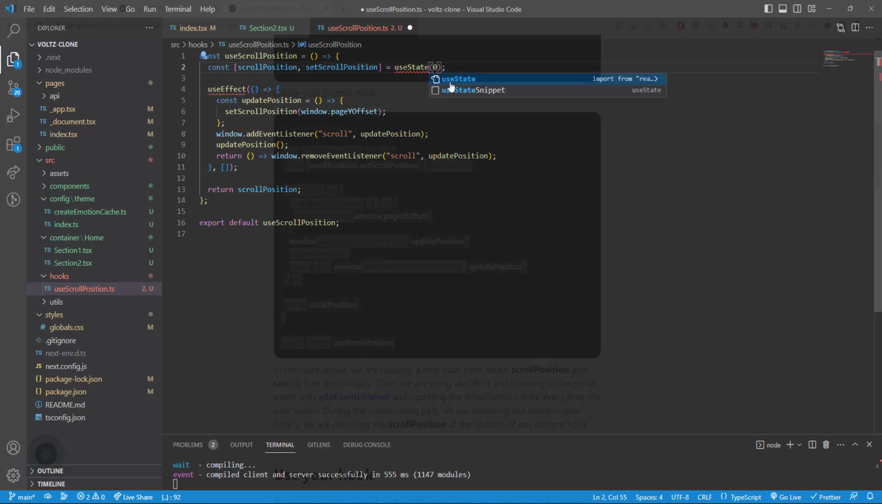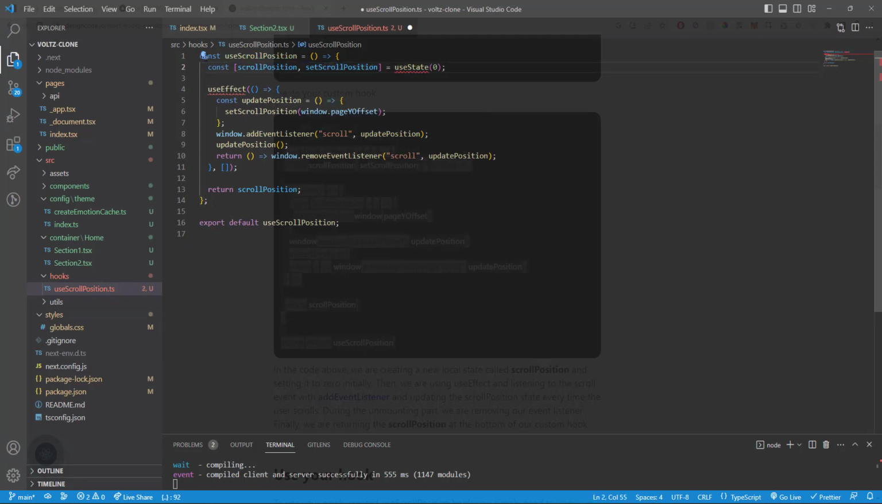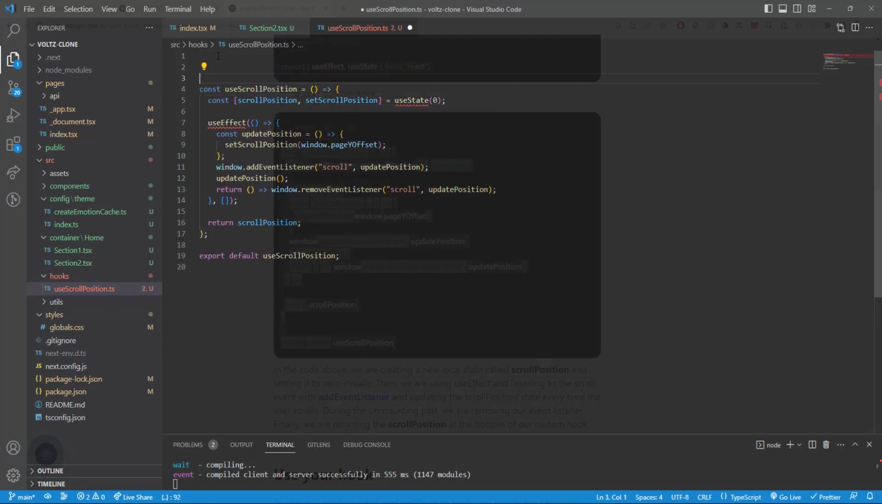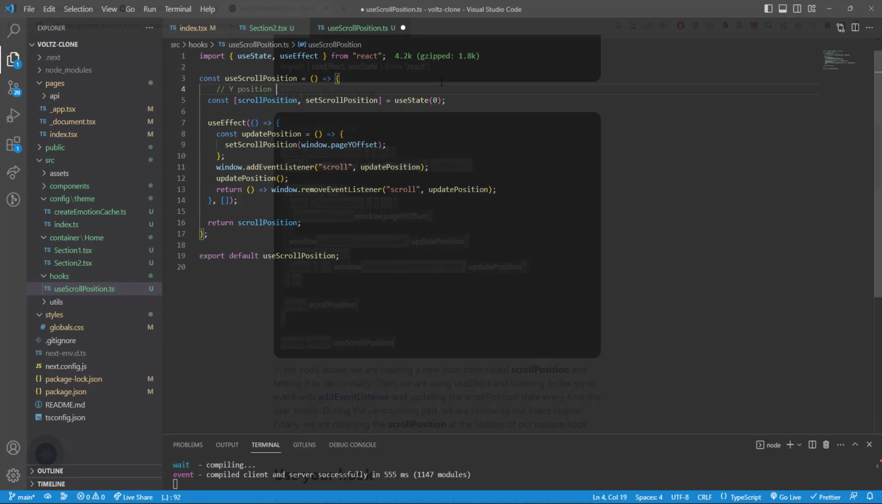So import useState from React, and let's do the same with useEffect as well. And just to quickly explain, let's comment this out. Initially the Y position state will be 0. This is the offset from the top of the screen. So initially we'll set it to 0, and then we'll create a useEffect with a window listener,